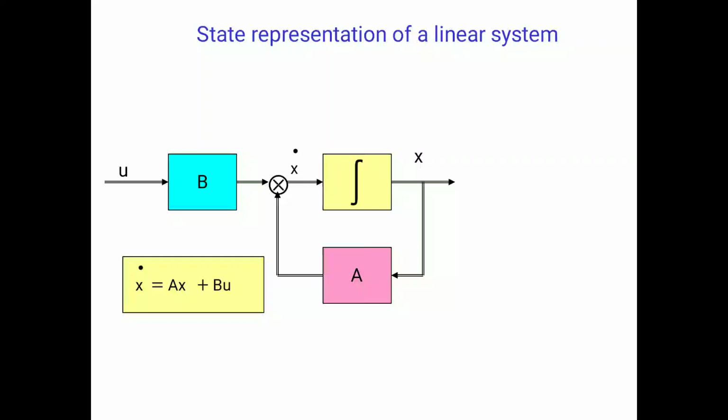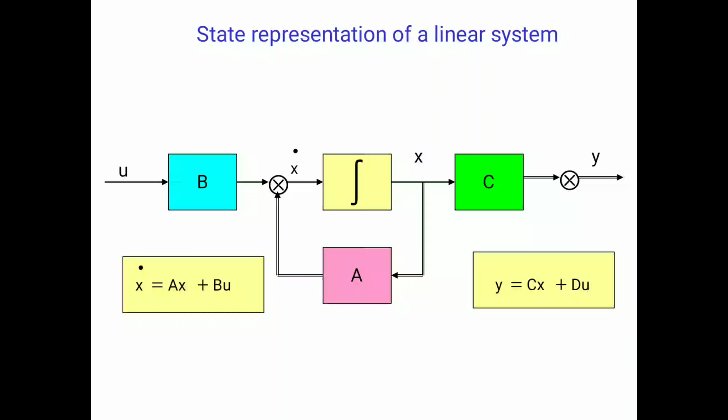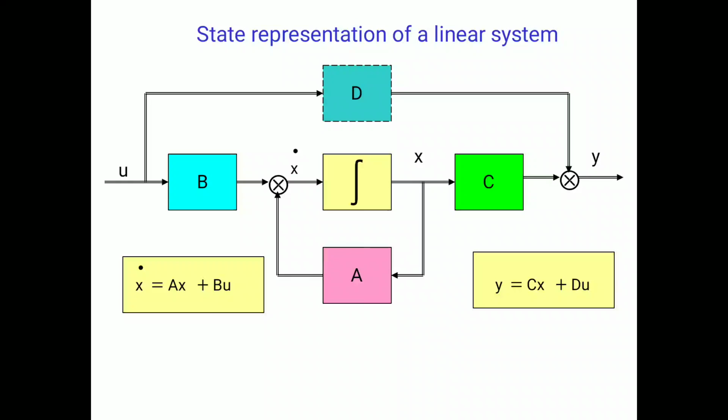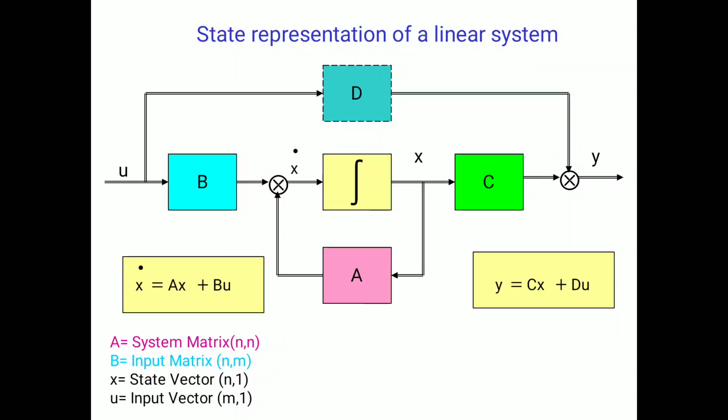Next equation is of y of t. So Ax plus Bu gives x dot of t. This is the state equation. Then the output equation y is C into x plus D into u. So C into x is here. After the integrator, we get x, which is multiplied with matrix C. So C into x is the first part of the equation, and then the input is multiplied with the matrix D to get the output equation y. There is a summing point that adds C into x and D into u to get the output equation. So this is the state space diagram.